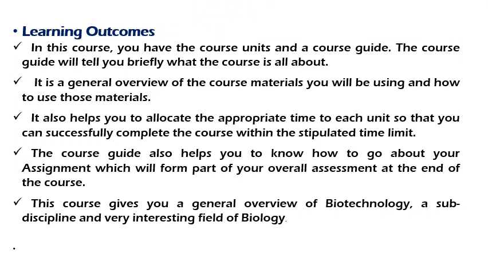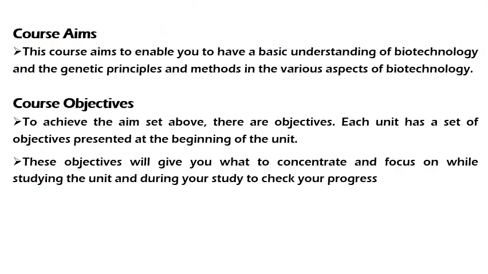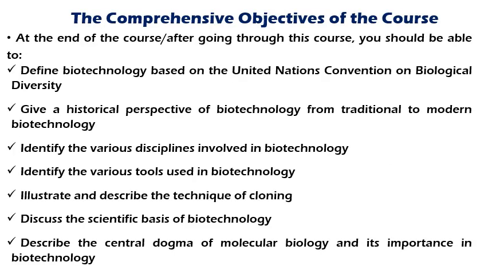These are the main outcomes which you already have and have gone through, and these are the course aim: to enable you to have a basic understanding of biotechnology and genetic principles and methods in the various aspects of biotechnology. And these are the objectives: to give you a historical perspective of biotechnology from traditional to modern, identify the various disciplines involved in biotechnology, identify the various tools used in biotechnology, illustrate and describe the techniques of cloning, discuss the scientific basis of biotechnology, describe the central dogma of molecular biology and its importance in biotechnology,